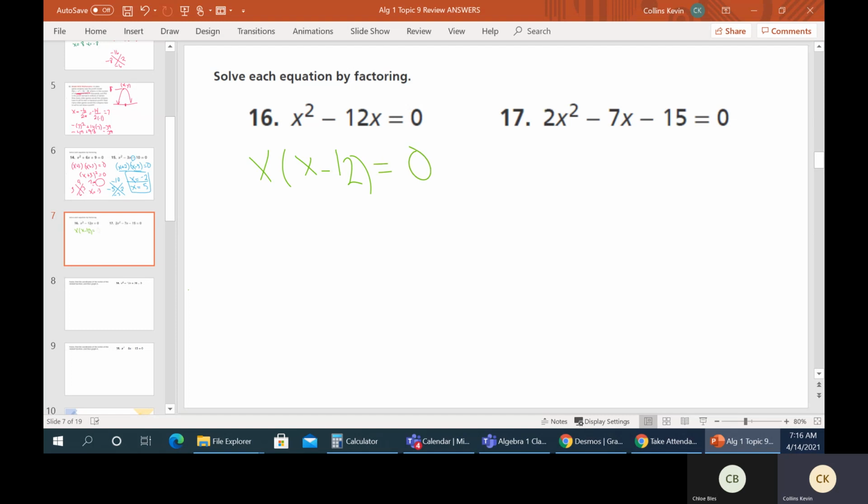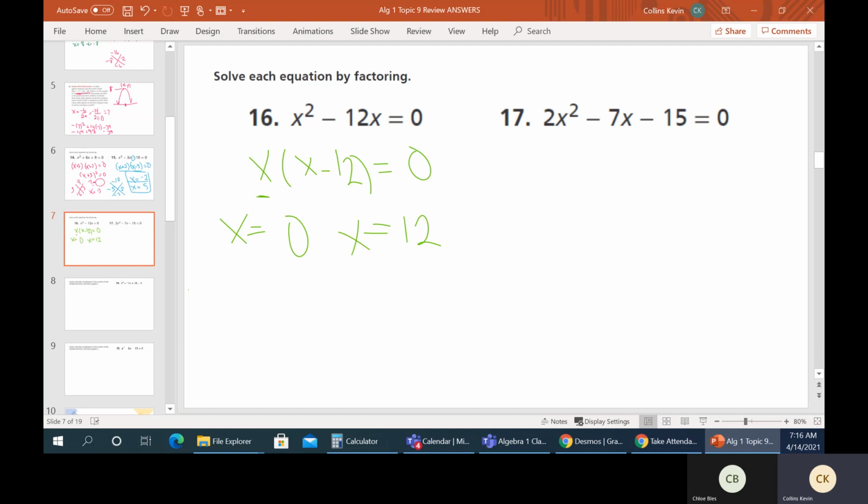And that equals 0. Okay, so then our two possible answers is if this guy's 0, the whole thing's 0, so x equals 0. And then x equals 12, because 12 minus 12 is 0. Okay, pretty easy. All right, so 17 is a little more complicated because we have the 2 in front of